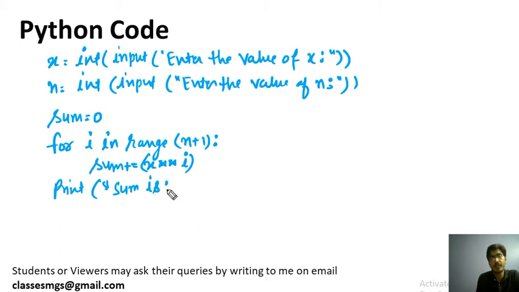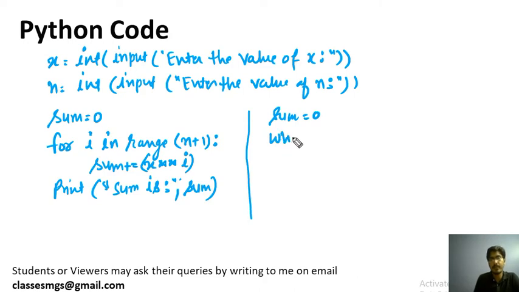You may do it through while loop also. I am just writing here the while loop also. Sum equals to 0. Let me write the while loop. While, for that purpose I need to take some variable i equals to 0, and I will apply i is less than or equals to n.